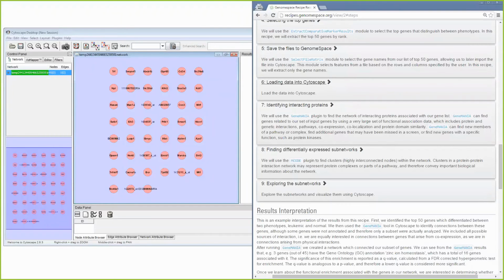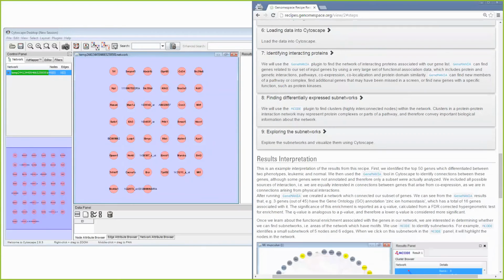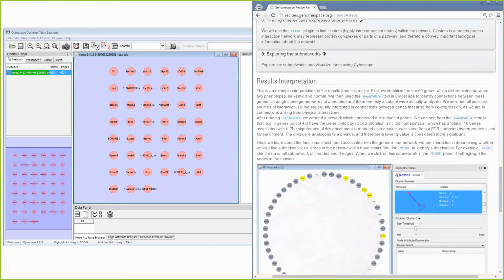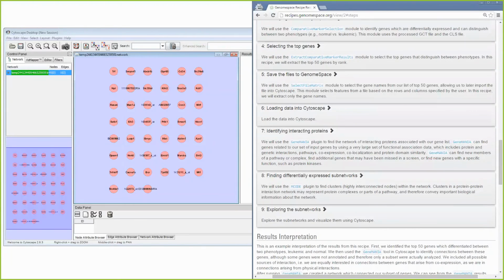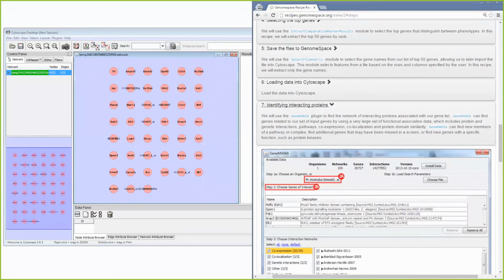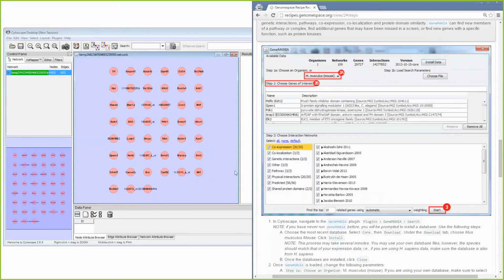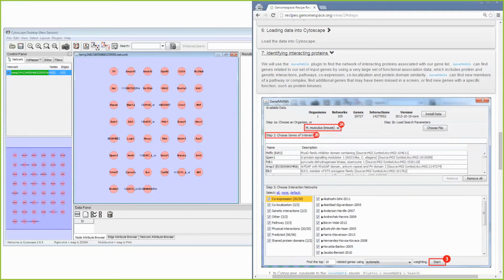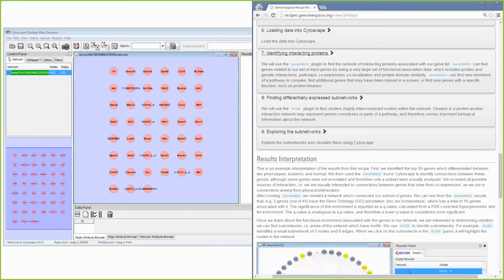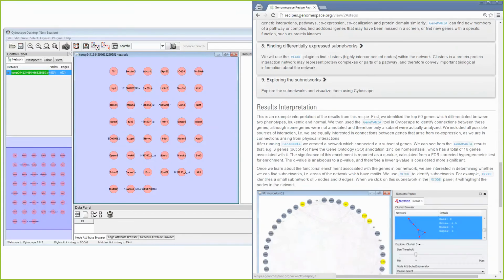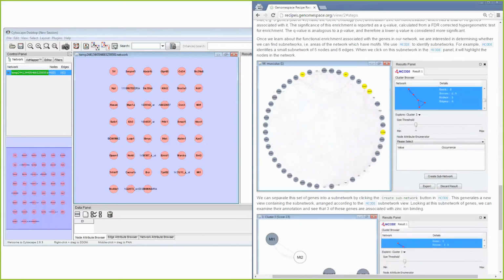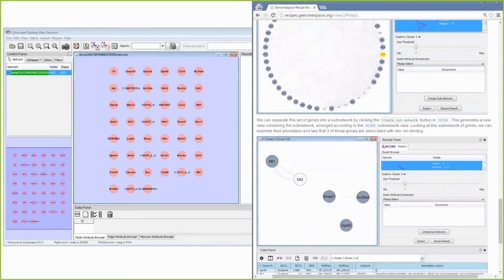So we'll skip this step for now, just in the interest of time, but you can see how you would use a recipe to help you follow along and do the correct steps in the tool itself. And again, you are welcome to use your own data in order to complete these recipes, but just be aware that the parameters might be different. And once we complete this recipe, we'll be able to see a network of those 50 connected genes, and we'll be able to find particular networks, subnetworks of interest.